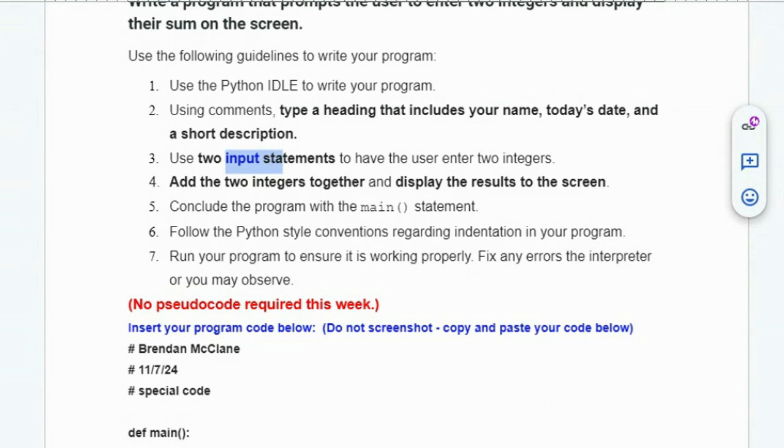So best advice I got is make sure you go through each of the requirements of the program and make sure you've included that in your code. So maybe not having pseudocode in this program hurt you. Maybe I should have required pseudocode so you could have made that plan. Have user input two numbers, add those together. Maybe if you'd have wrote a plan, you wouldn't have missed that. I'm not sure,